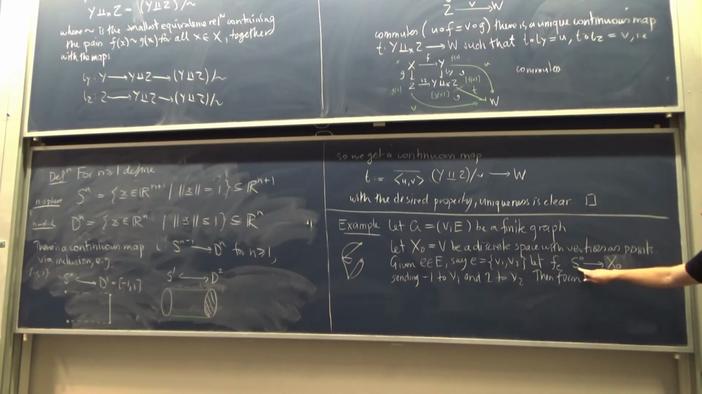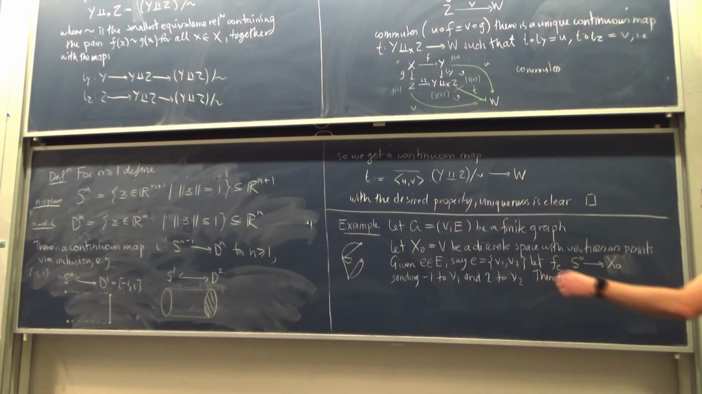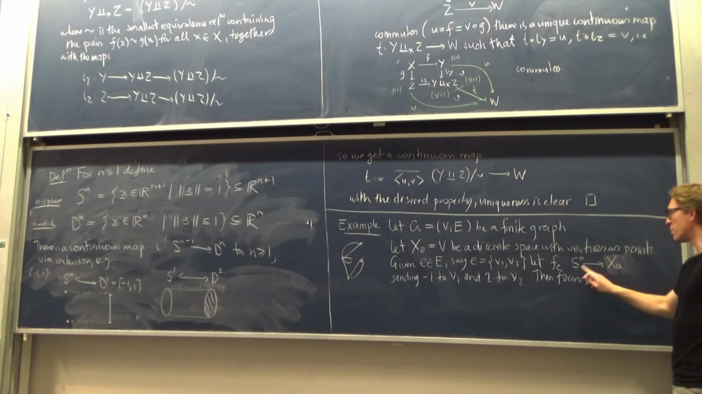Well, that's a family of maps with the same domain and codomain, but just pay attention to the fact that the codomain is always the same. By the definition of the disjoint union, if I have a bunch of maps out of a family of spaces into the same space,